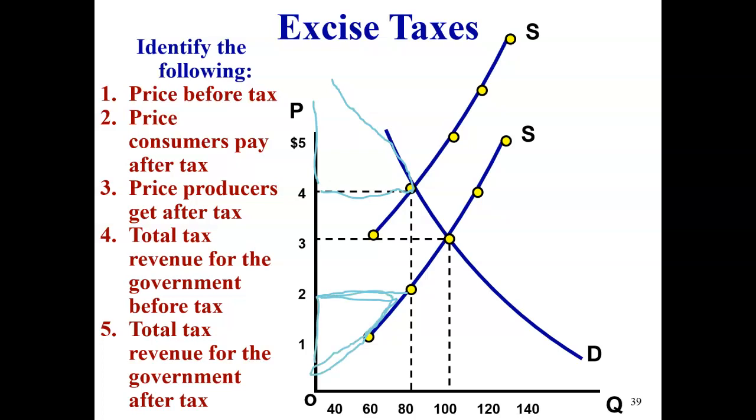You are going to have some tax revenue. The tax revenue will be right here, okay. Here's your tax revenue. If I could draw straight, that'd be great. This is the tax revenue. And of course you have some deadweight loss, right? So if you look at the deadweight loss, you might have something like this, okay, right here. This is going to be your deadweight loss, that triangle right there. You can answer these questions. The total tax revenue for the government before the tax was, of course,